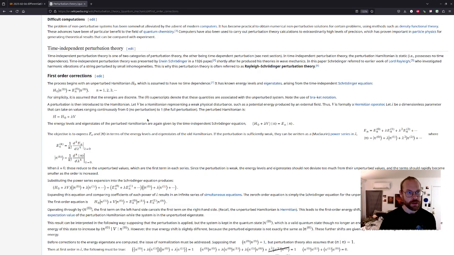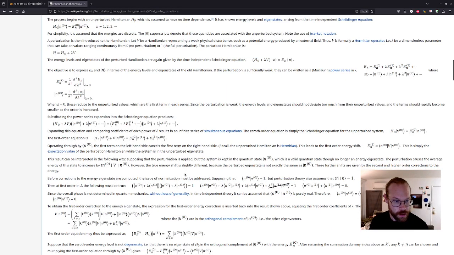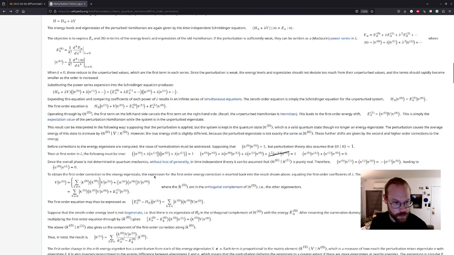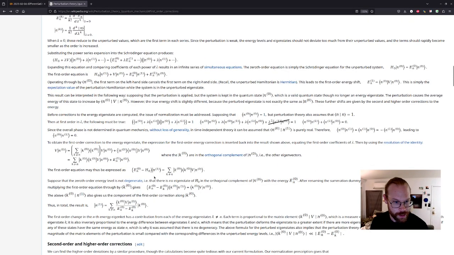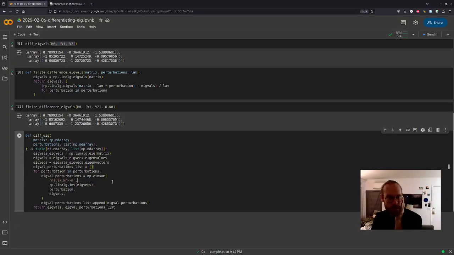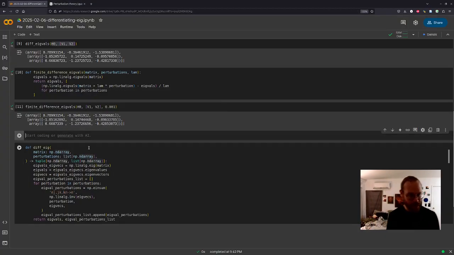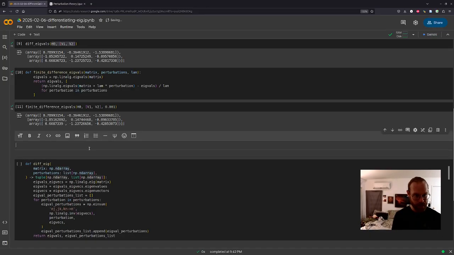Okay, we go back to the Wikipedia page. And here, the change to the eigenvectors that we want are these n1s. The thing that we want is to make projectors onto the eigenvectors.